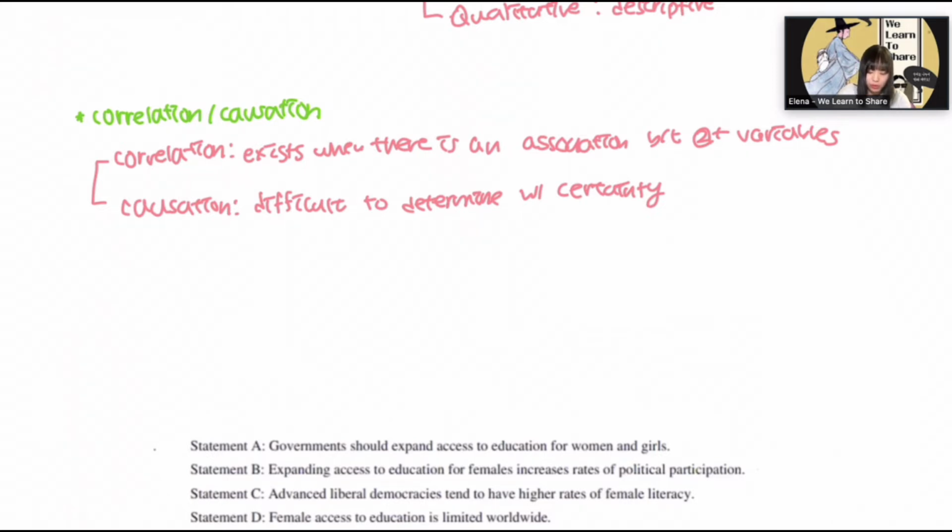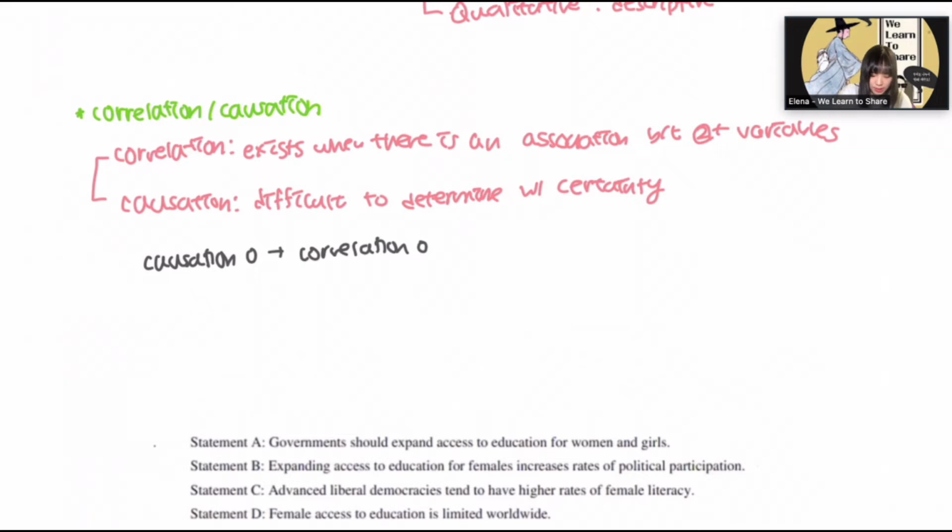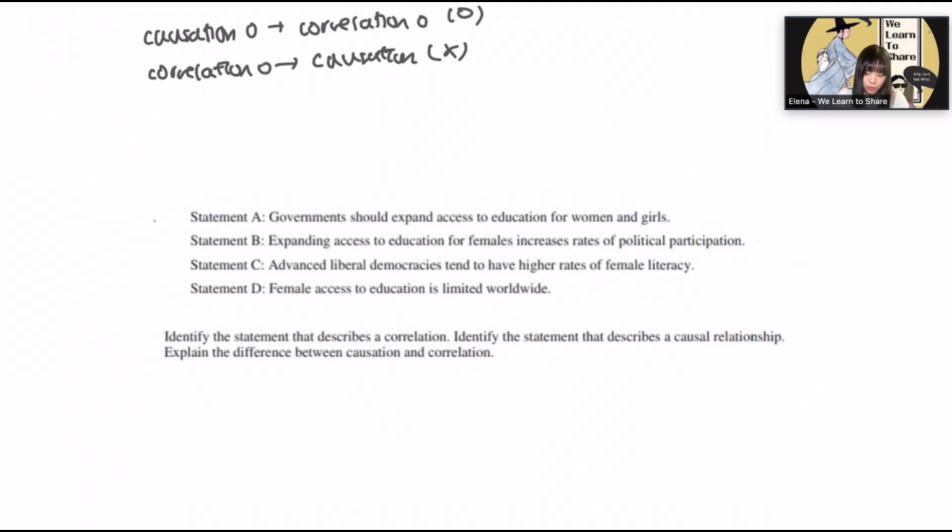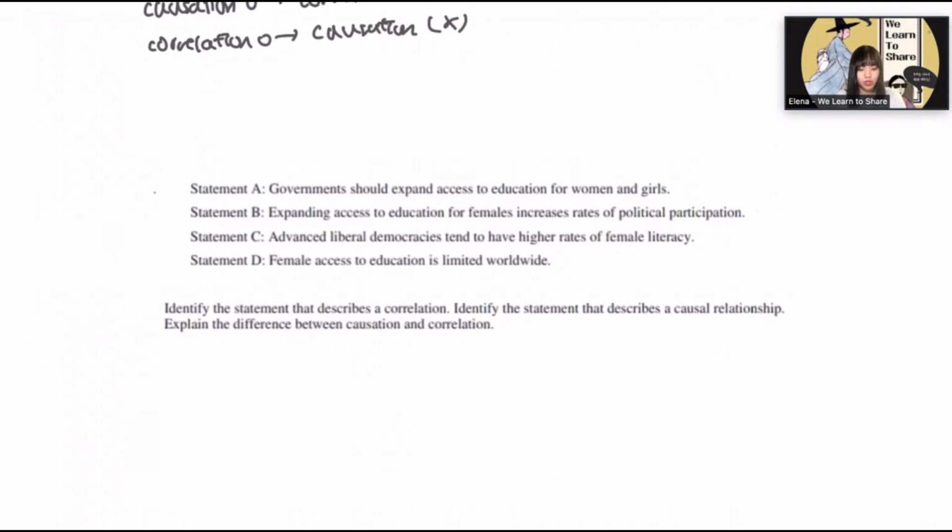But on the other hand, when you say that there is a causation between 2 variables, you can say that there is a correlation. But you can't do this vice versa. So you can't say that because there is correlation, there is causation. So always remember that there is a difference between causation and correlation. And just because there's a correlation between 2 variables, it does not guarantee that there is also a causation between 2 variables. And now let's move on to this sample question, which was actually a question that came out in